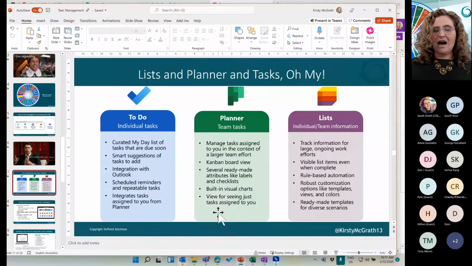I'm going to start from the actual app itself. Then I'm going to flow over and show you what it looks like up in Teams and Planner. So I'm going to start with some of the personal. Okay, let's have a look.